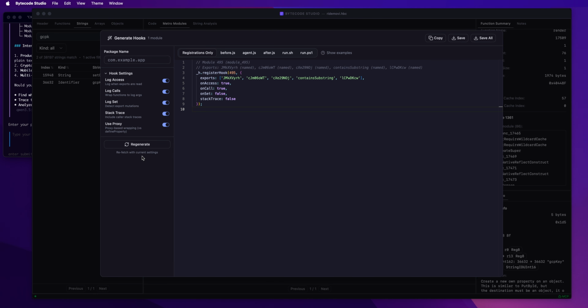Yeah, we can set logs, or well, you can log mutate. So if any of these exports from this metro module are reassigned, then you'll get a stack trace and a log, and you can also hook it at that point. Same if it's read, if it's accessed, same thing if it's called. And stack traces are